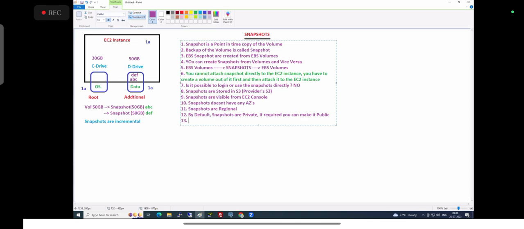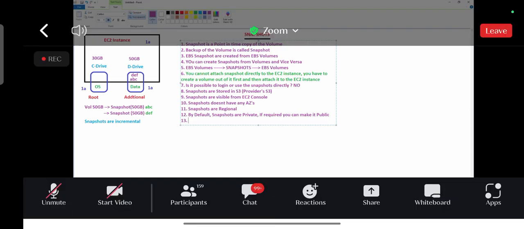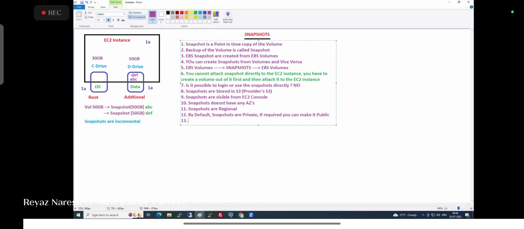Okay, so now I'll give a real-time scenario. I have a requirement. I went and set up a big software in my EC2 instance. I configured and set up a nice software. Where is this software getting installed? In C drive or root volume or D volume? C drive, you can also go to D drive, you can install. So now,